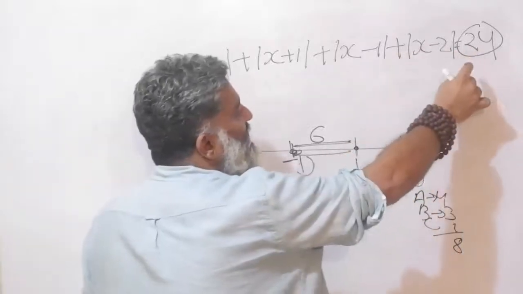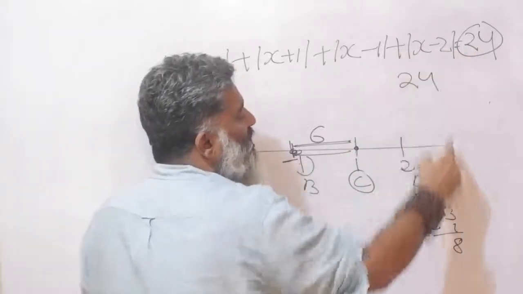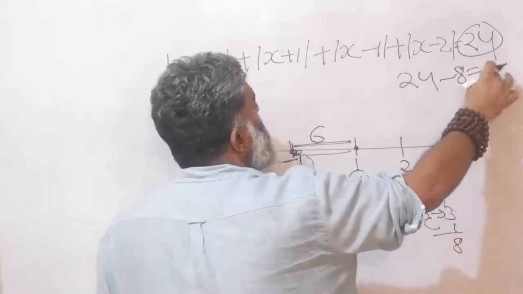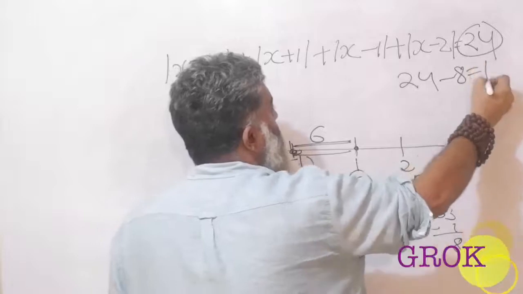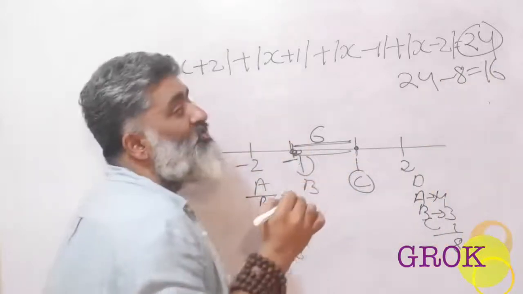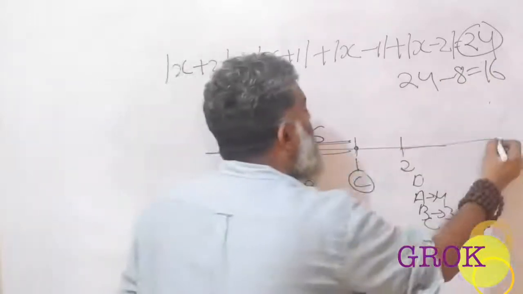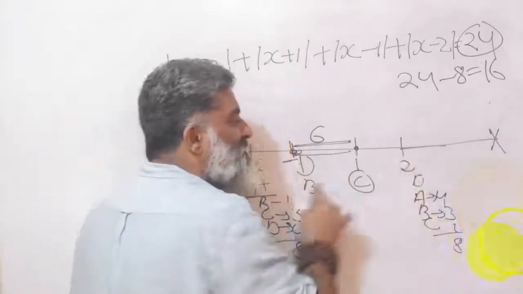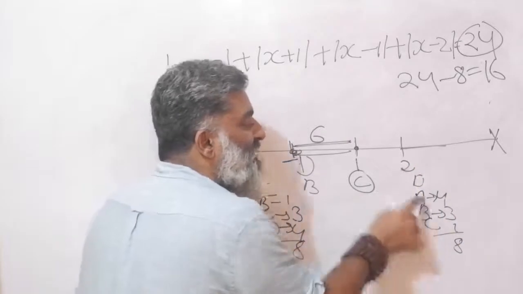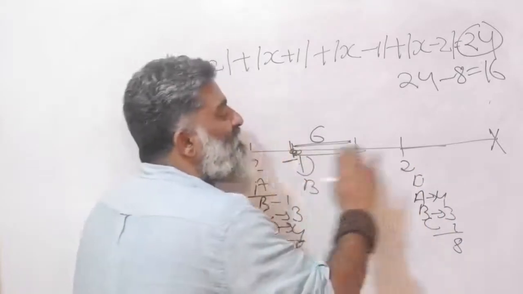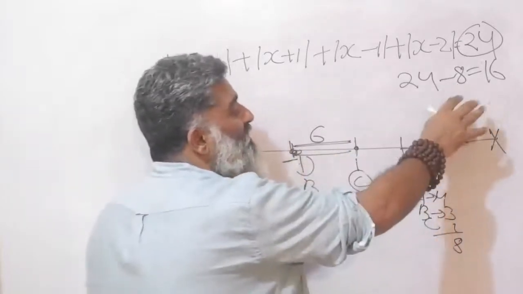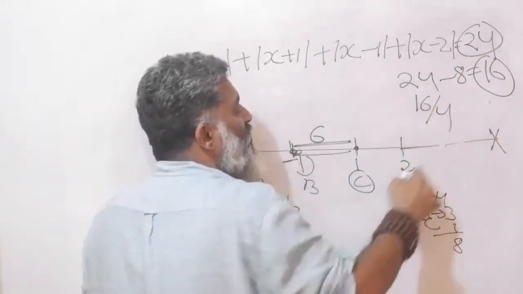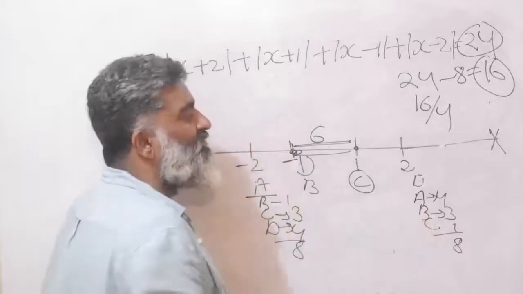I want to get to 24 units total. From 24, 8 units are gone. So I'm left with 16 units to be traveled. Now if the meeting point is at X, that means A will have to go to D first, B will have to go to D, C will have to go to D. That I have already covered, 8. That means just to get to this point, 8 units are gone. The remaining 16 units should be equally divided between all the 4 players, friends, whatever you want to call them.